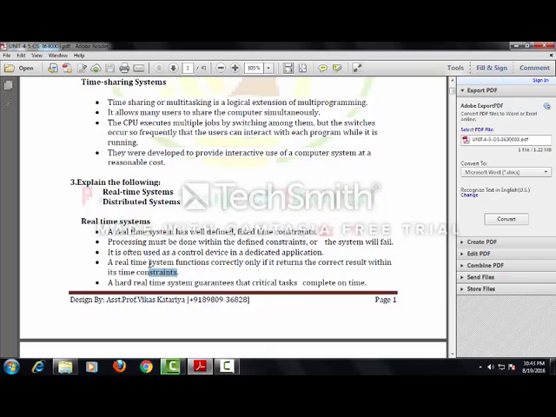If the processing takes a lot of time or there is a delay, the result will not be generated in the defined constraints, so it will not be treated as a real-time system. The result should be accurate, the result should be correct, and the result should be within the defined constraints,